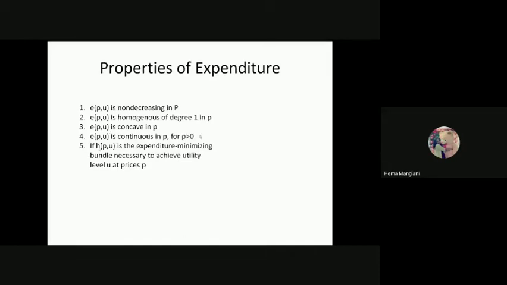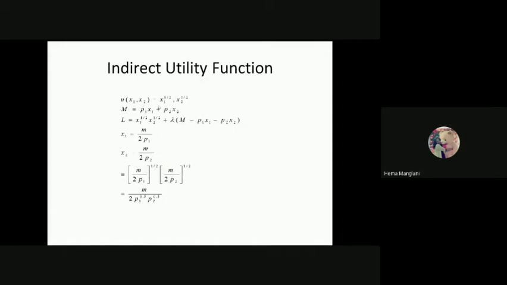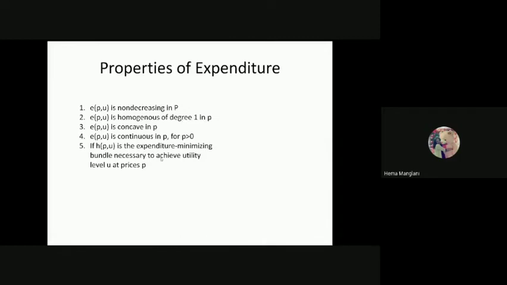So prices would be greater than 0 always. And if H is a function of price and utility, what is H? H is your expenditure minimizing, or we say your compensated demand function. And we all know in the compensated demand function, this value P1x1 plus P2x2 would be here, and this x1 and x2 would be here. Sorry, the utility minus x1 and x2 would be here. So it will be reversed. So that is your compensated demand function, but this compensated demand function is also a function of prices and utility.